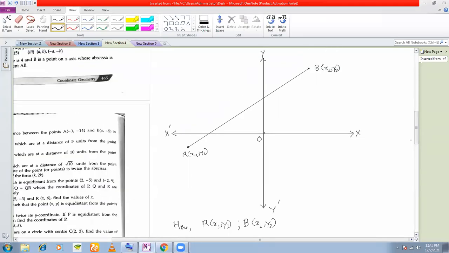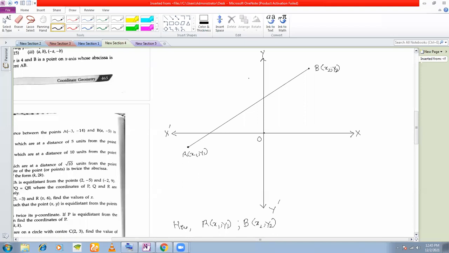So now you know the coordinates of A and you know the coordinates of B, and you plot these 2 points on the graph. Okay, for questions on distance formula, obviously graph paper will not be provided. You will have to do this on your own, and you don't necessarily need to plot the points also. You just need to know how to use the formula to calculate the distance between 2 points.